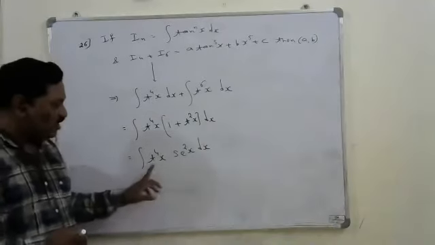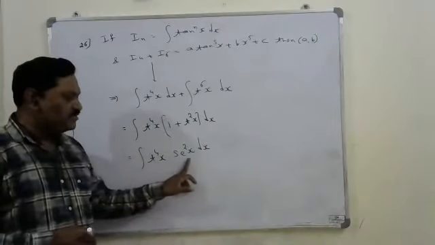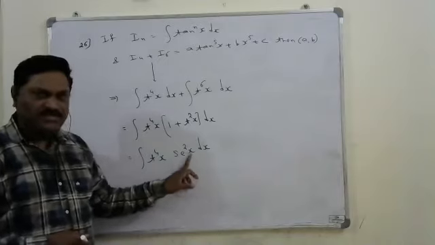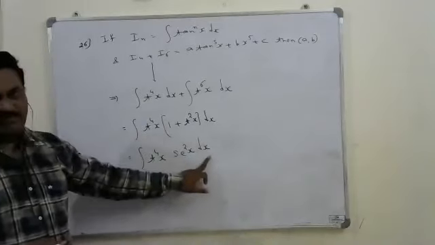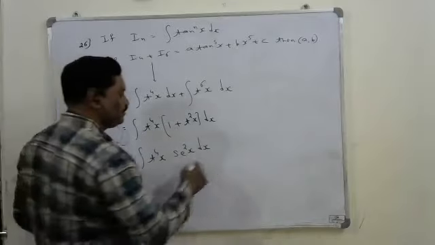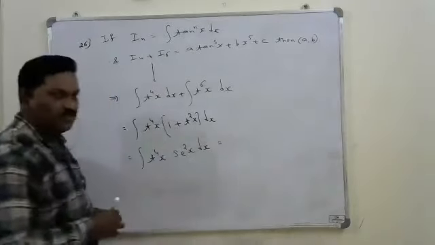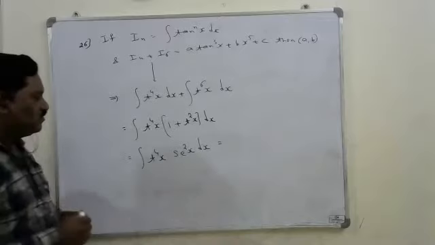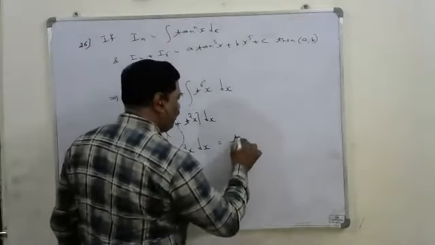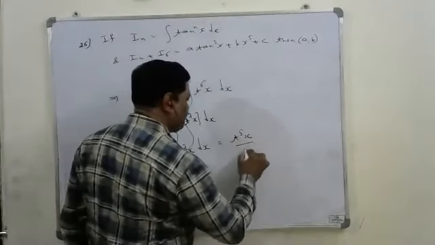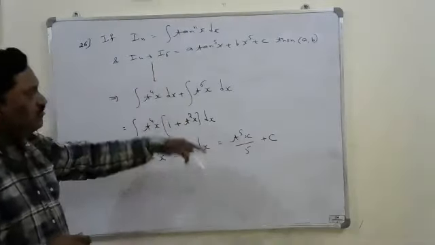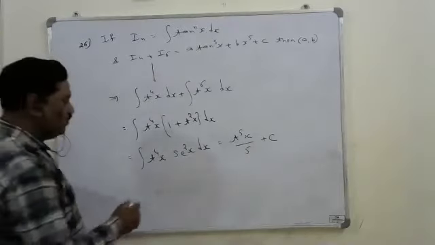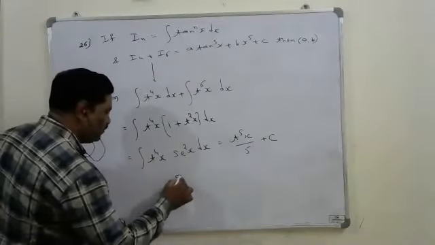Now we can observe that the derivative of tan x is secant square x, that is here. Means exactly this is also in the format of f of x whole power n into f dash x dx form. And what is this answer? Tan power 5x upon 5 plus c. So this is the answer for this. Now compare this with that RHS side. Then tell me what is the ordered pair a comma b?